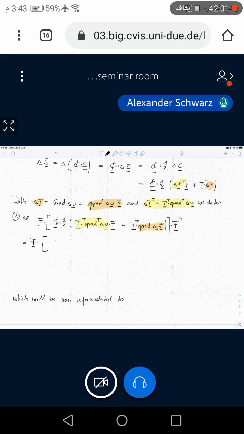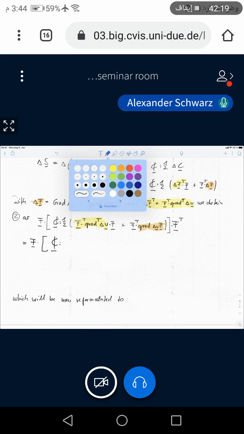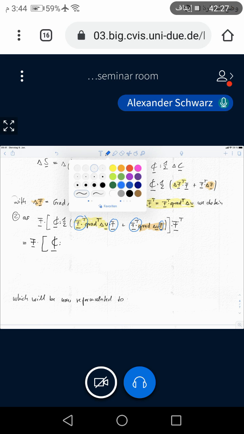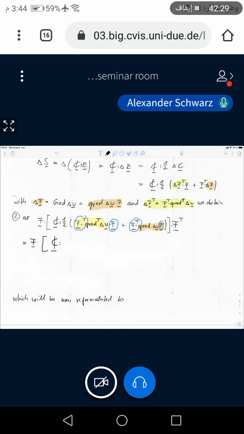Again, the C takes place and a double construction with something, and now I change something inside of this formula. As you see here, all the terms, I make this now in blue in order to take another color. So here, for example, I have a transposed, and here I have a transposed, and here I have an F, and here I have also an F, and that means I could use these F's outside of these